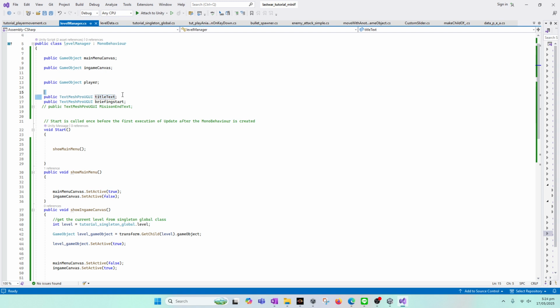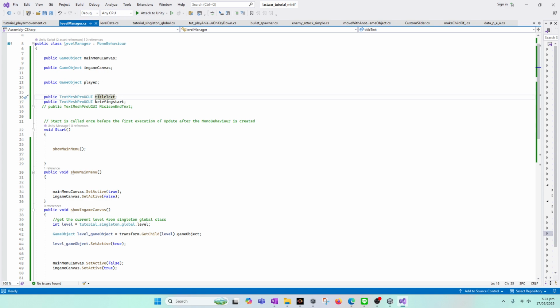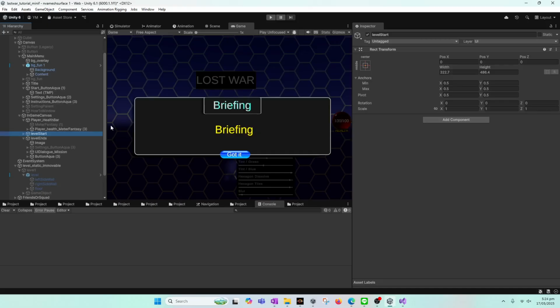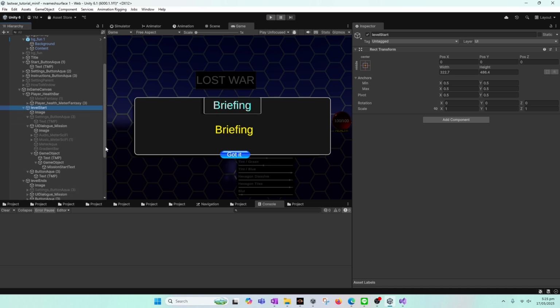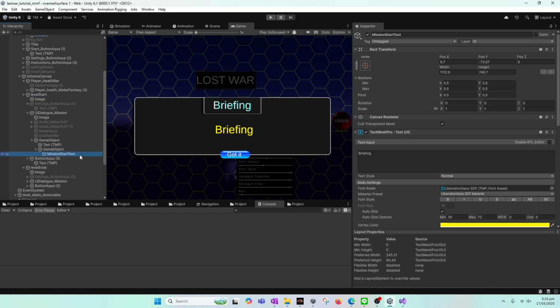So we will remove this title text here, or if we can simply put this text here as well. So what this means is that in the level starts briefing, at the top we can make another text. Mission start text is this. This is the briefing text, and we can simply press control D to